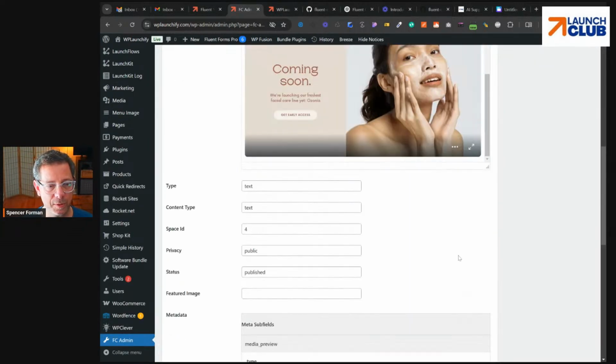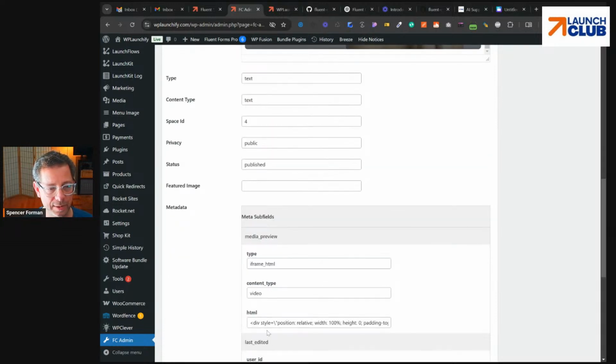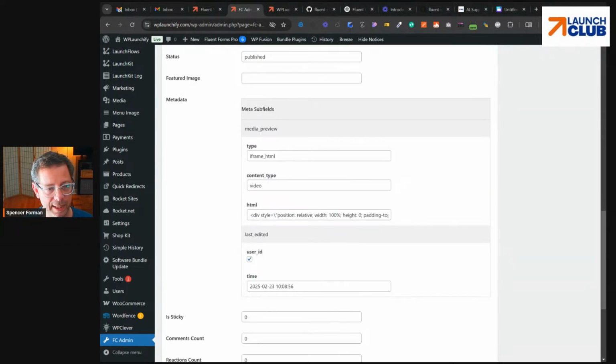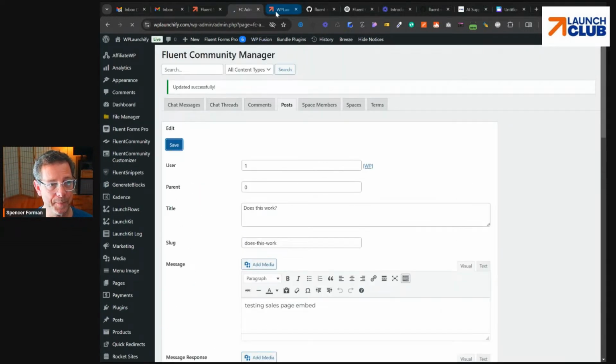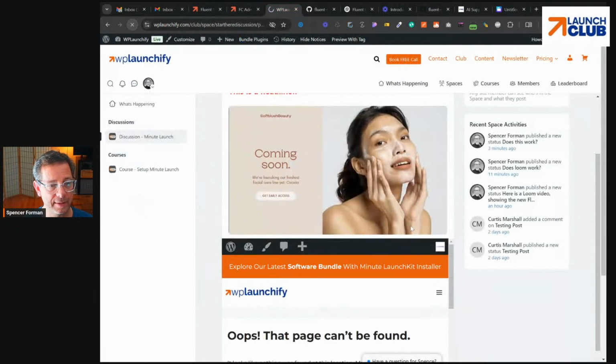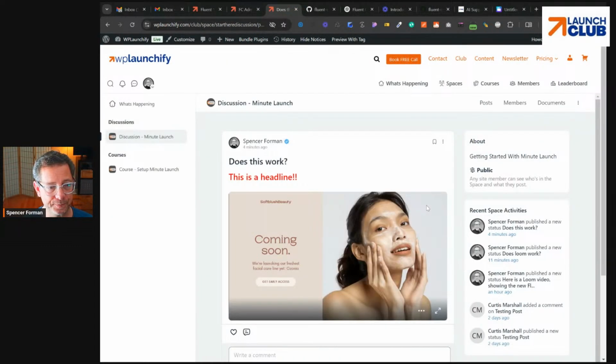This gives me a more direct approach to get to what I want to do. Notice here, by the way, I'm curious about this. I think what's happening under the hood is that there's a media preview. And so the media preview is sort of creating the thing that shows up on the screen. I'm going to try to break this. I'm just going to remove that. Just want to see what happens here. Let's see if that does any change. Okay, so that got rid of all that sloppy stuff at the bottom.